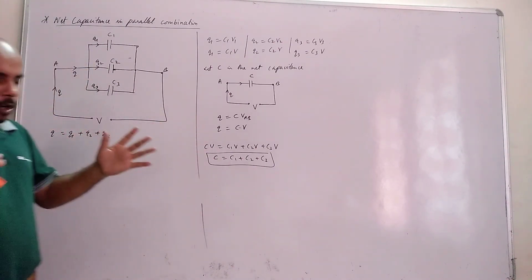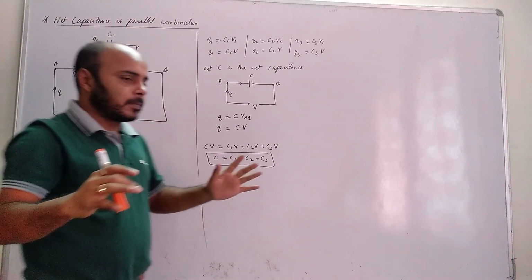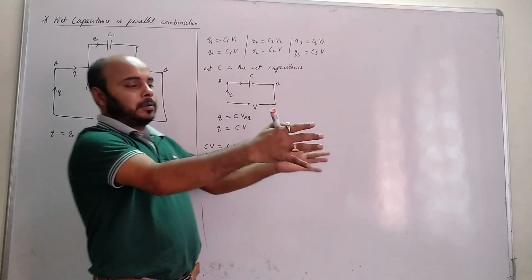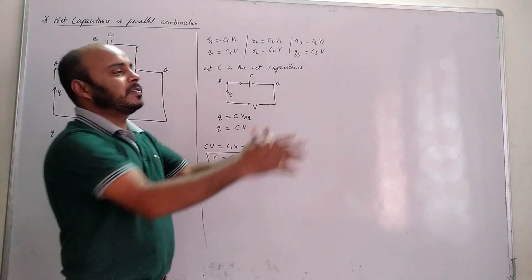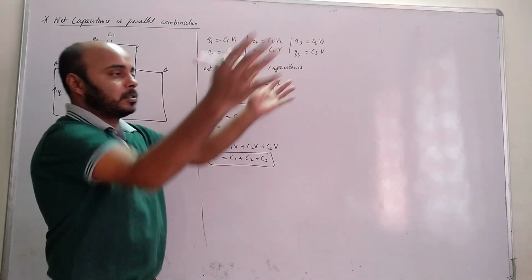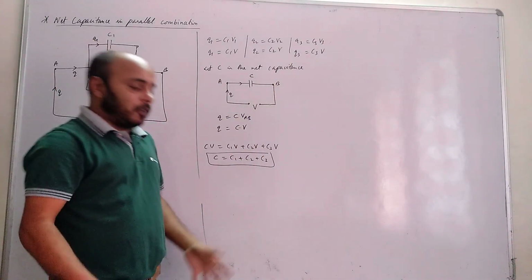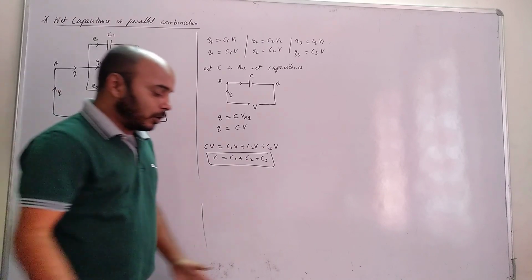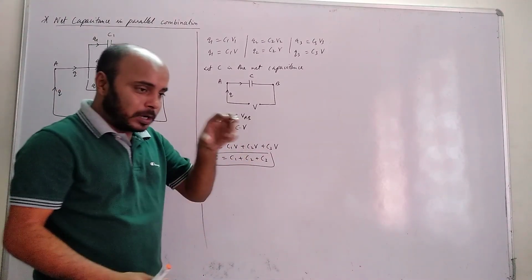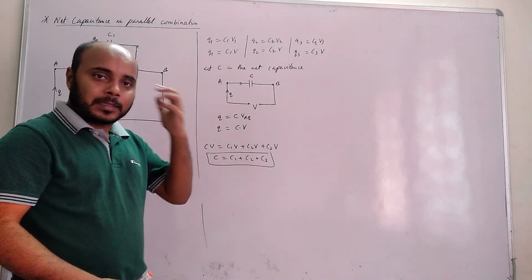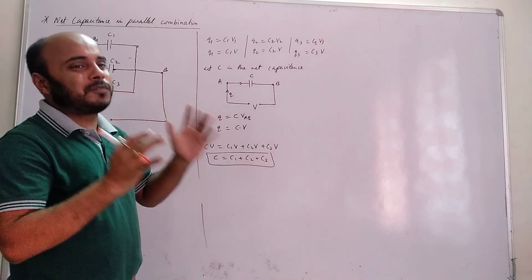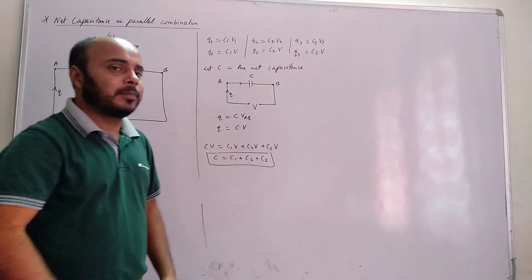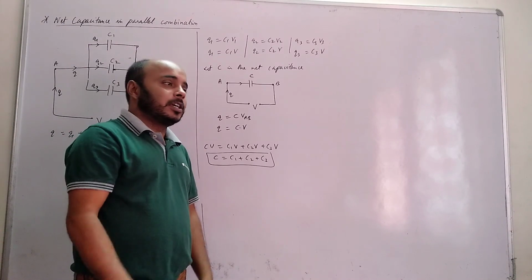Let's talk about a simple day-to-day life condition. For example, there is a corridor. The corridor is divided into two different corridors after some distance. From here, 50 students are going in the single corridor. These students are actually charges. Suddenly those 50 students reach two corridors. What will happen? You will say 25, 25.